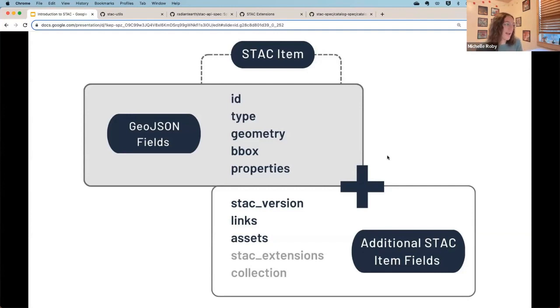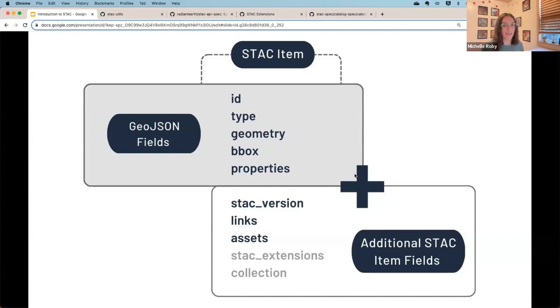And so for a STAC item, we have the required GeoJSON fields of the identification, the type, the geometry, the bounding box, and the properties, which include many other parts, which we can look at a little bit. And then we add on the additional STAC item fields.